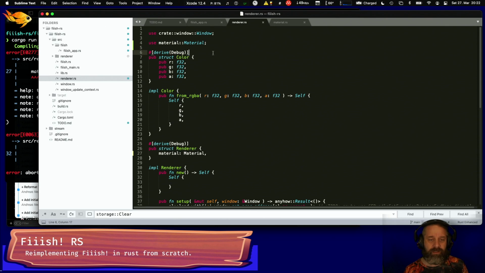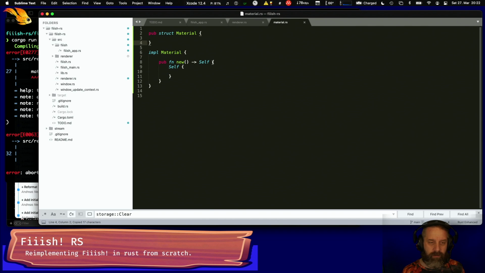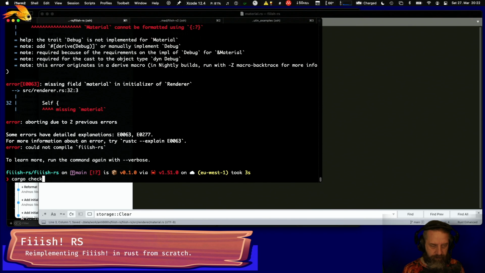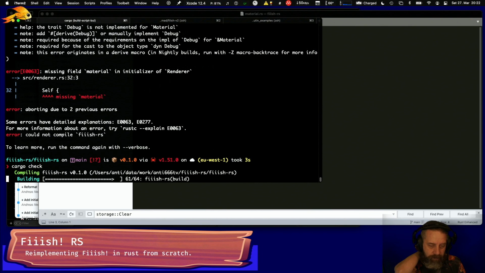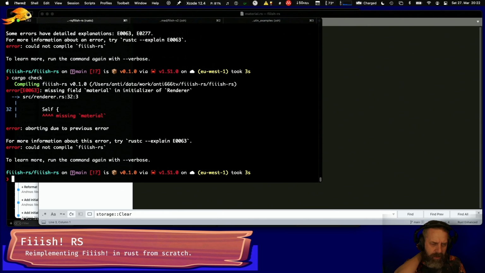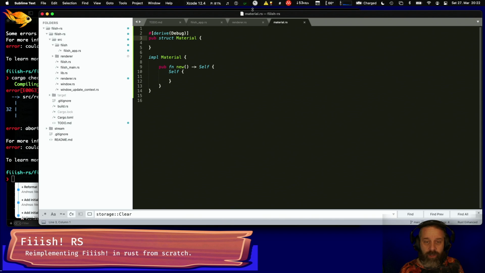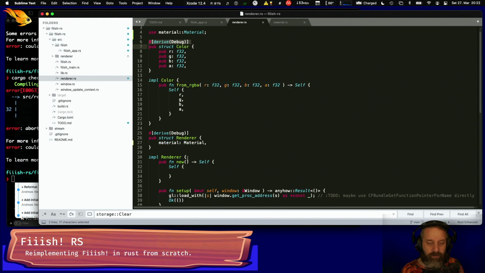Okay, material doesn't implement debug, which is fine. So let's make sure it does. I typed something wrong. Missing field material and initializer of renderer, which is fair. So